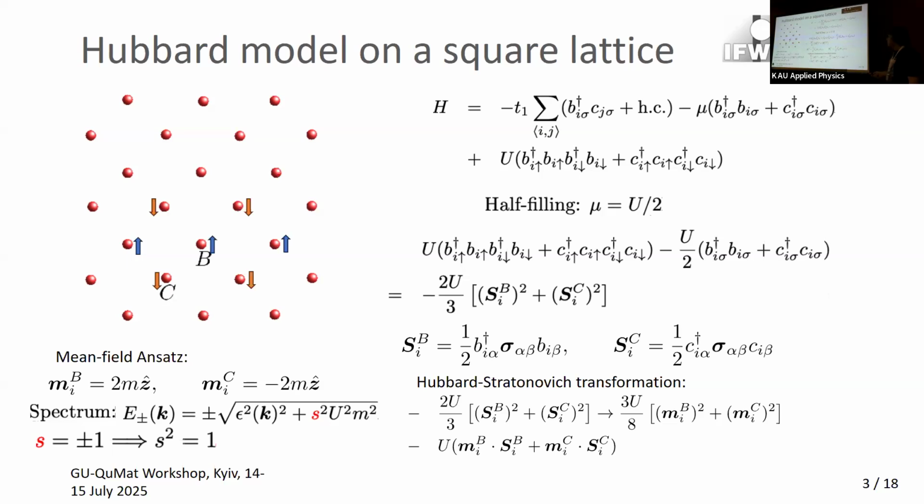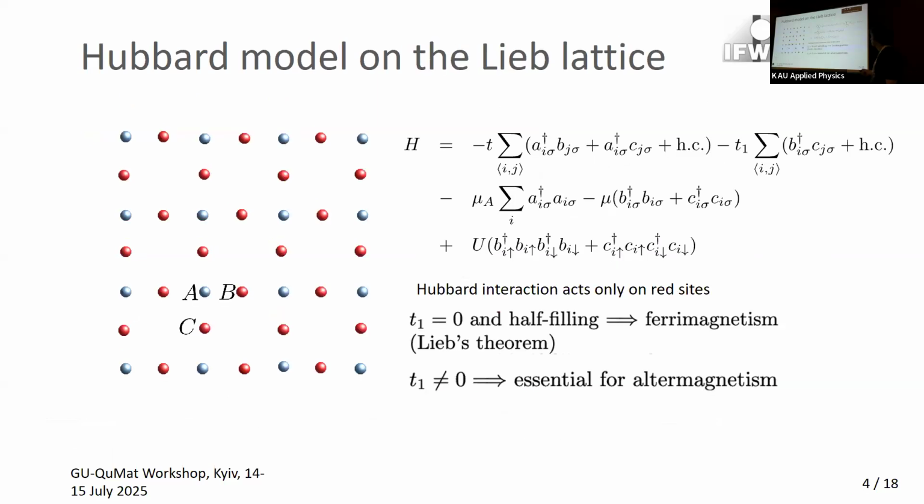Now what I will do is add something. This has nothing to do with altermagnets yet, but what is the mean field for the same theory if I have a spin splitting? Because here there is no spin splitting, this is spin degenerate. So I will include additional sites to this lattice in an alternating way in the square plaquettes, with these blue sites here. These blue sites, which are called A, but not a sublattice, will be again, like in the previous talk, 3 atoms per unit cell. I don't have a Hubbard interaction there. This is a toy model, of course. I didn't put a Hubbard interaction here, but this is intentional